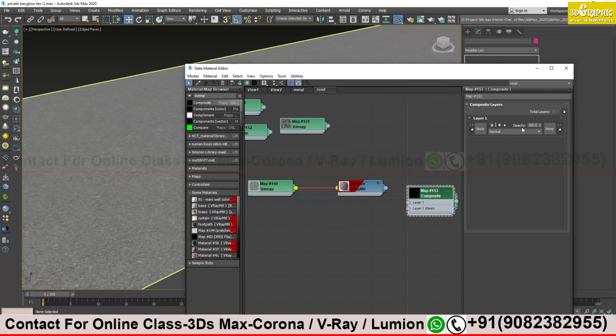If you double click on the composite material, on the right side you see it has some properties. I will explain a little bit about it. Composite works by layers, like in Photoshop, where you have seen layers 1, 2, 3, 4. The above one will be visible and the bottom will not be visible, because the second layer is on top of the first base layer.